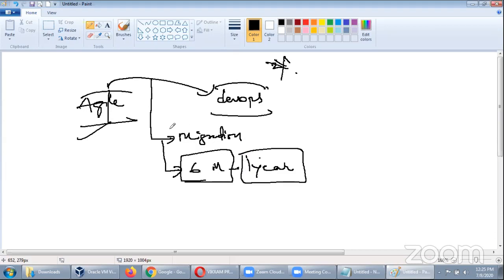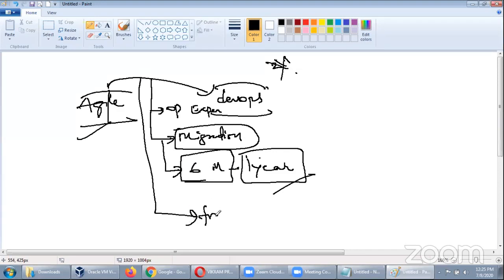And whenever you have migration projects, that means migration roles, there will be many openings for experienced people. Now once the migration is completed, the openings will be for freshers, because during the migration, guys, they cannot experiment with fresher people because they need only experienced people who can handle this.